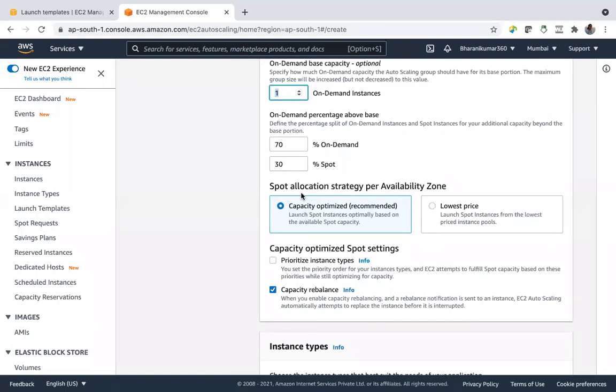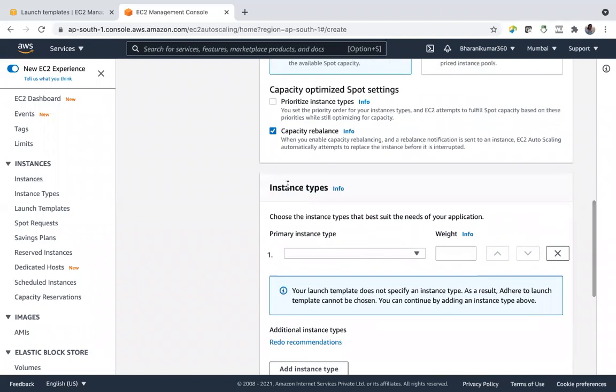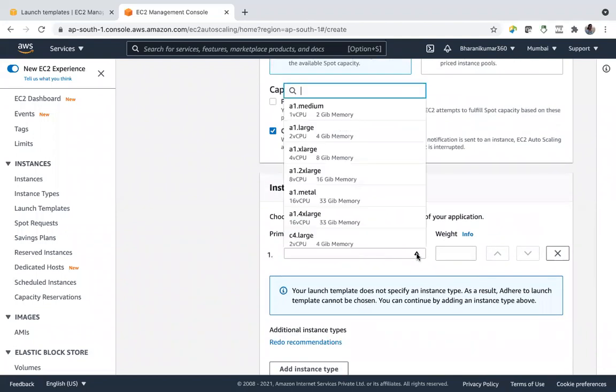And spot allocation, it's capacity optimized. We don't have any spot, so let us keep this only. And instance types, t2.micro we already gave that, but let's give t2.micro one more time.